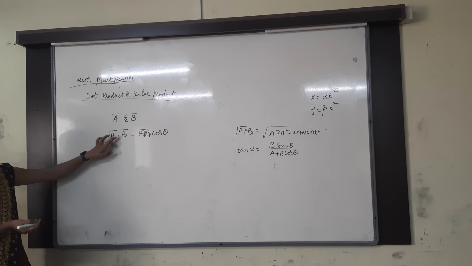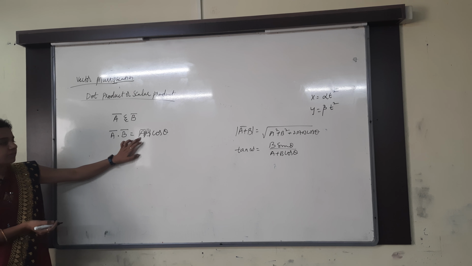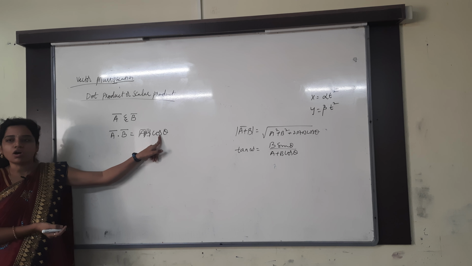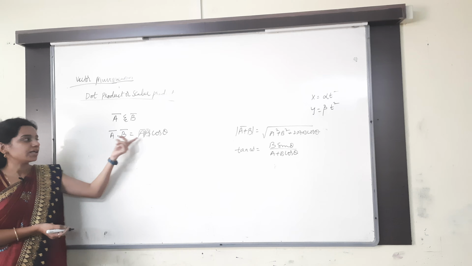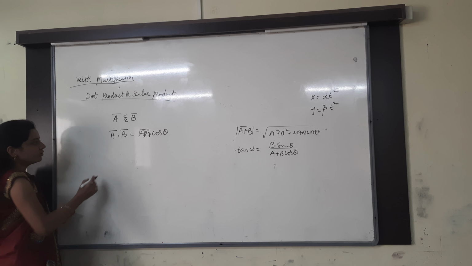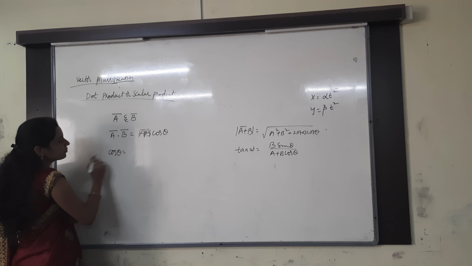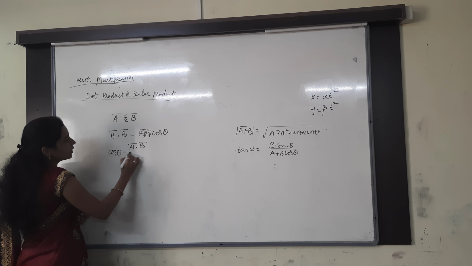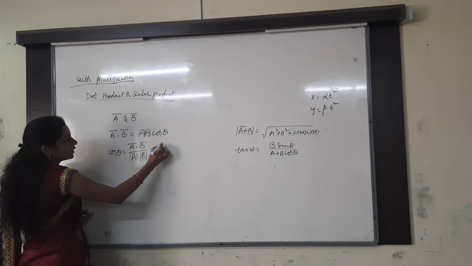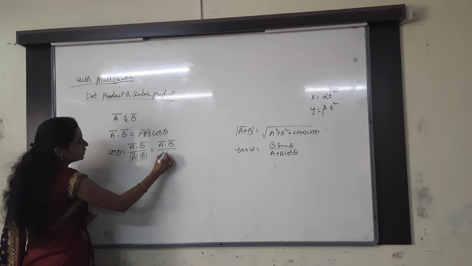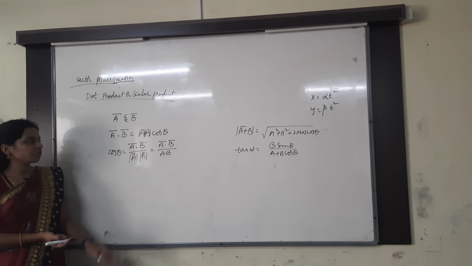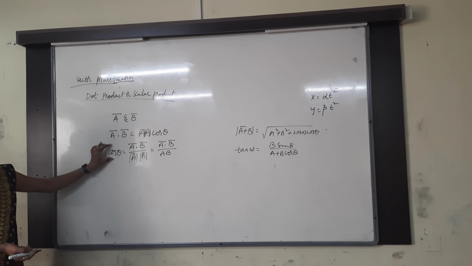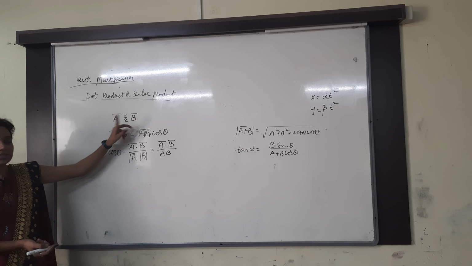Now the dot product between the two vectors is nothing but the product of their magnitudes along with cos of the angle between them. That we call the dot product of vectors. Now from this, cos theta is equal to a bar dot b bar divided by modulus of a bar and modulus of b bar. Simply, I can write it as a bar dot b bar by ab, since modulus of a bar is a only, and then into b. This is the cos theta, the cos of the angle between the two vectors, one is a bar, another is b bar.